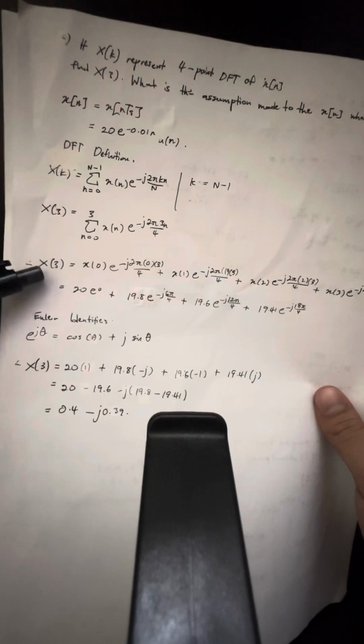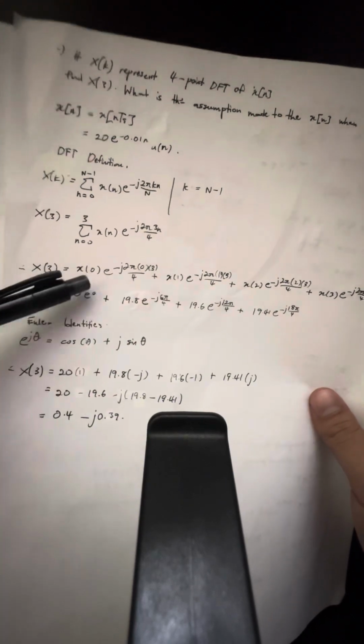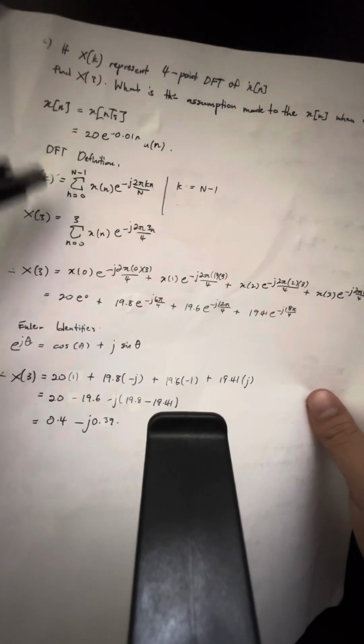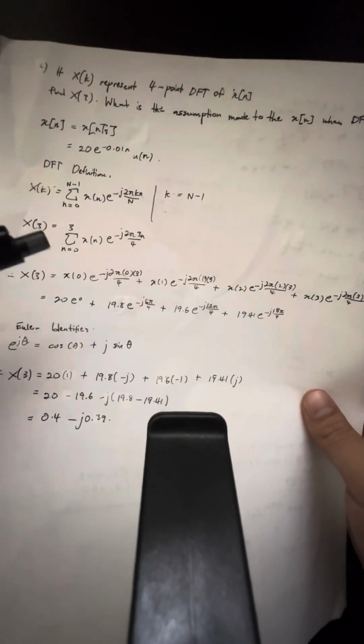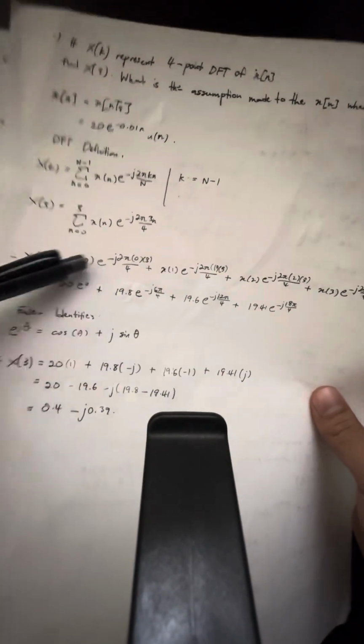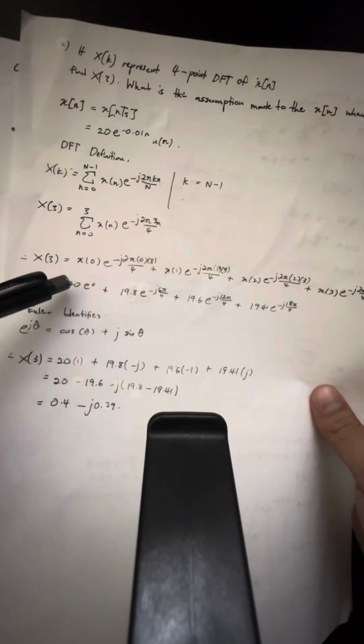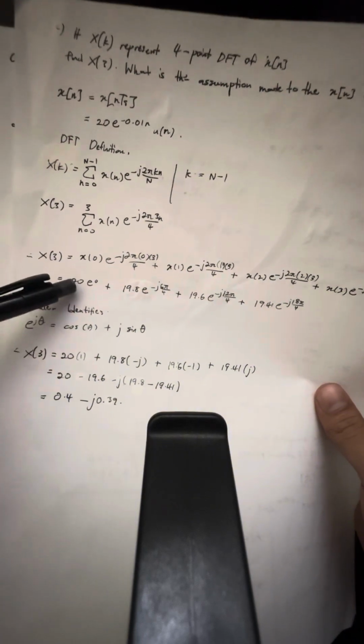So when we calculate X of 3, we have x of 0, which is the one that we got from the previous question B. So we have x of 0, x of 1, x of 2, and x of 3. By using that, we can calculate the value of X of 3. So we do this